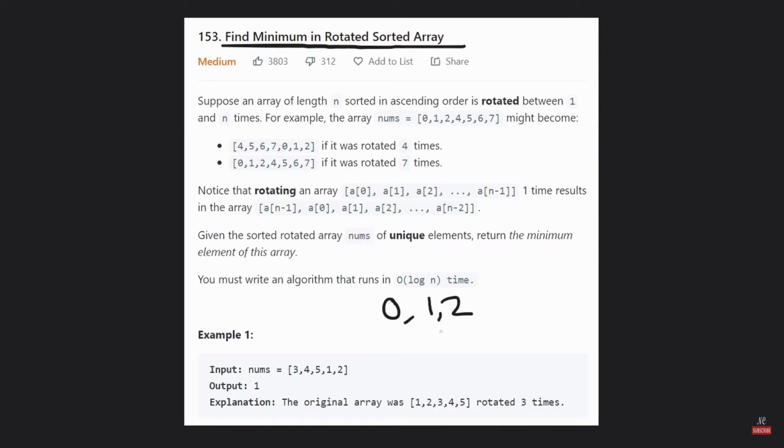To rotate it by 1 basically means to take the rightmost element, move it to the beginning like this, right? So this has been rotated by 1. We could also rotate it by 2 by taking the last two elements and moving them to the beginning. So something like this, right? This has been rotated by 2. And so we want to find the minimum value, and we want to do it in log n time, as